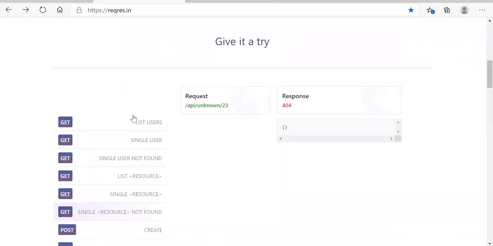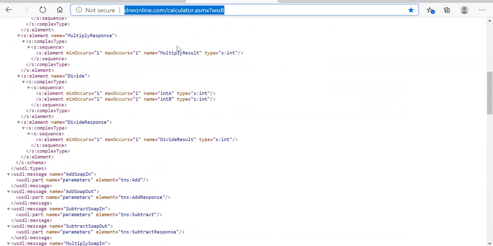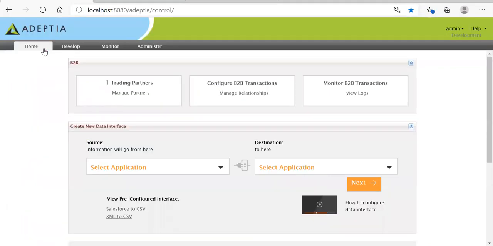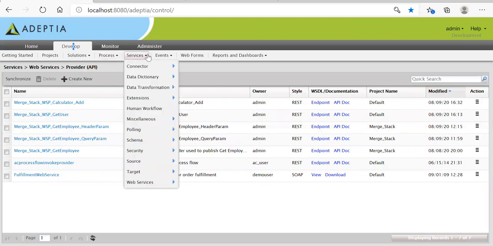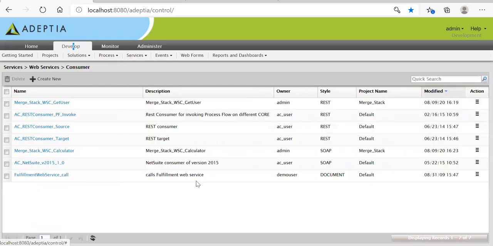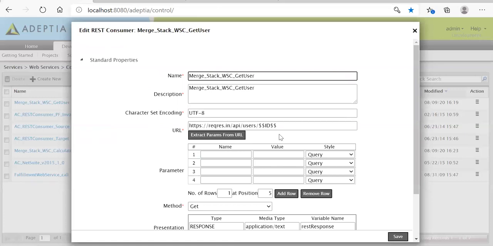Okay, so once you know that this REST API is available and this SOAP-based web service is available, the first activity in Adaptia we need to do is create the respective consumer for both REST API and SOAP-based. So once you go to the consumer, I have already created consumers for both the services. For, let's say, the REST API, you give the name, description, and then you need to select the consumer type. For REST API, you need to select REST, and then you need to pass that URL.